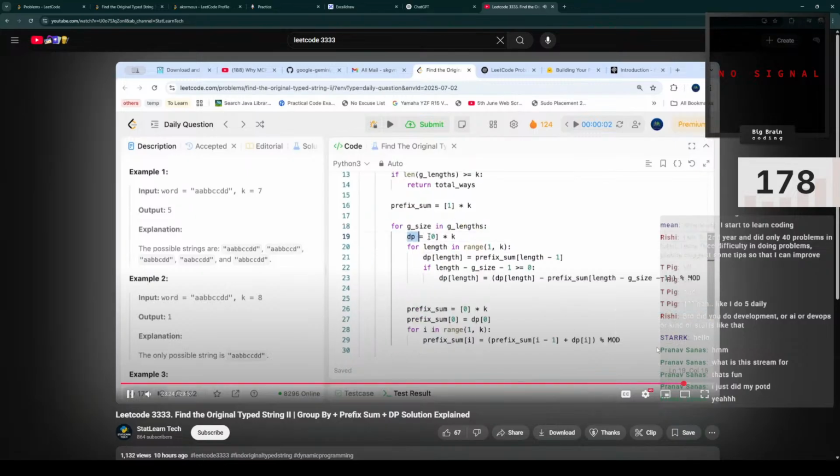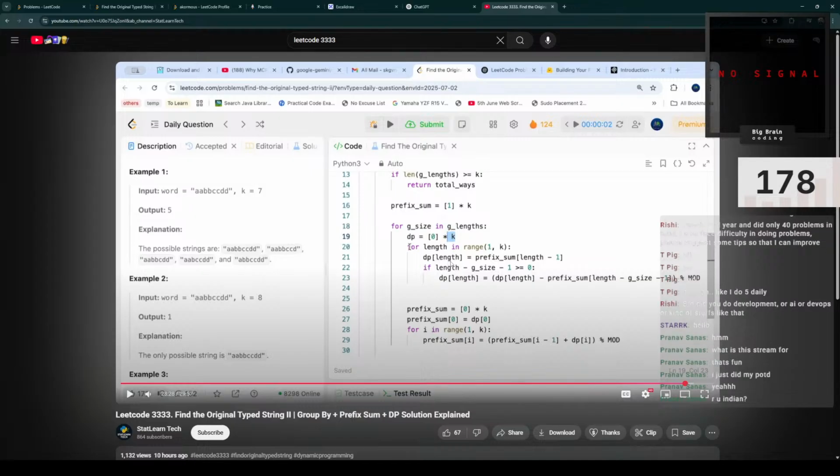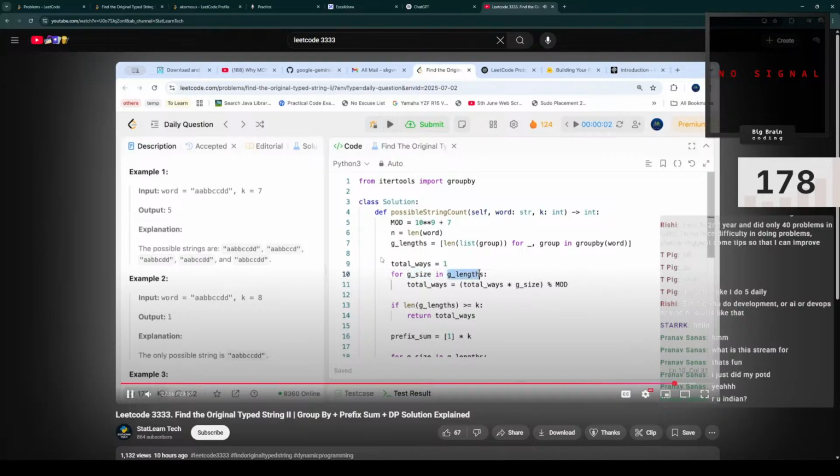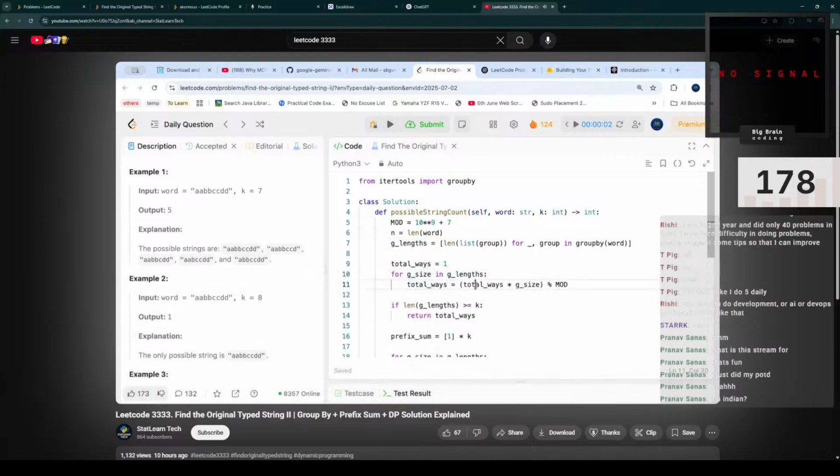Basically, see, our DP table will be set to 0, a list of length k. Then for the group lengths, for the length in the range of 1 to 3, we are trying to update the value in our DP table for length 1 to length 4. Check that if my current length, which is the group size, is the group length we have, the total number of ways is equal to total number of ways multiplied